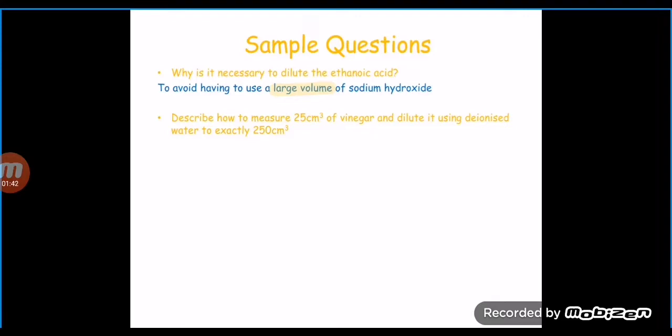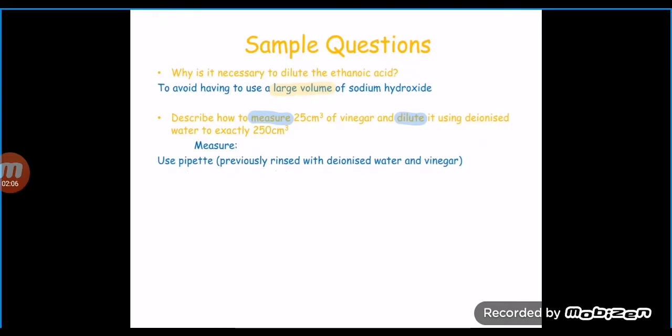So this question here is testing your knowledge on dilutions. The first thing you need to see with this question is that there's two parts. It asks you how do you measure and how do you dilute. So you do need to split your answer into two parts to make sure that you are hitting all of the necessary answers. So if we do measure first, the first step would be to use a pipette that has